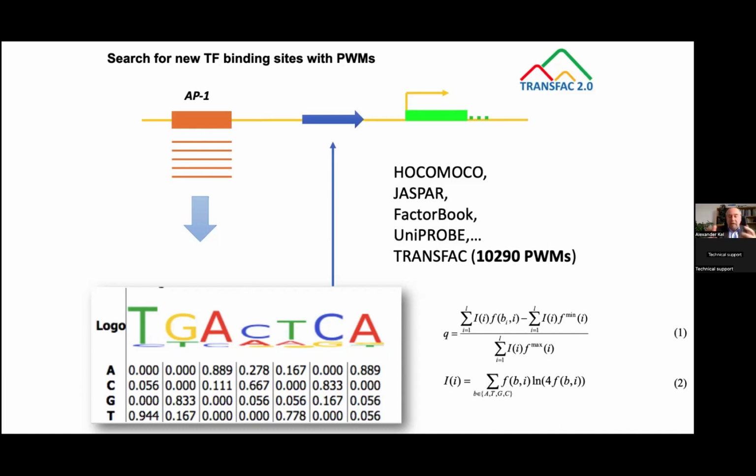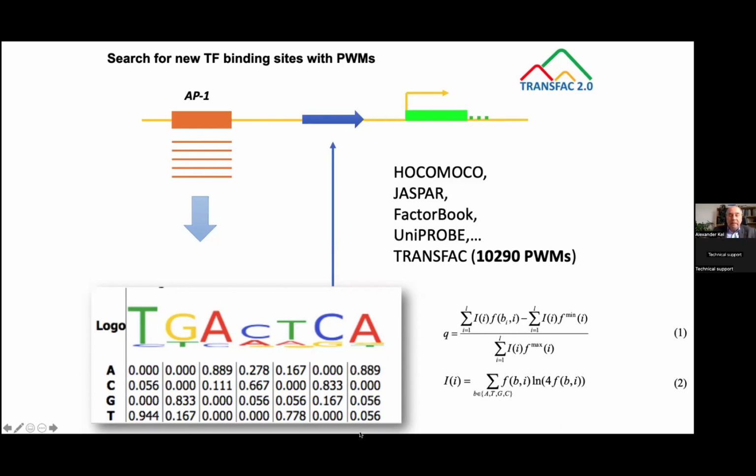But still, our simple estimates tell us that we are very far from knowing every possible site in the genome. Maybe we know just less than 1%, or even maybe 0.1% of all binding sites in the genome. So we still need to predict. And how do we do that in TRANSFAC,